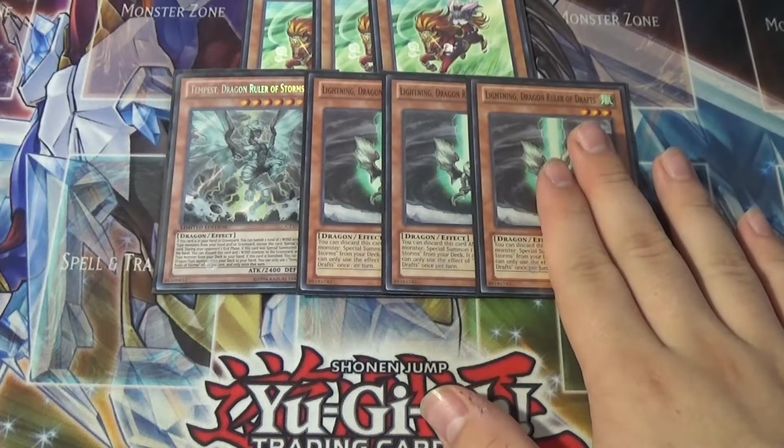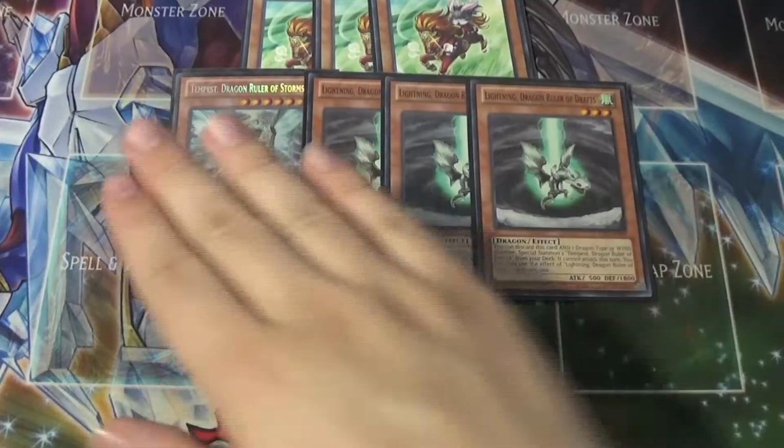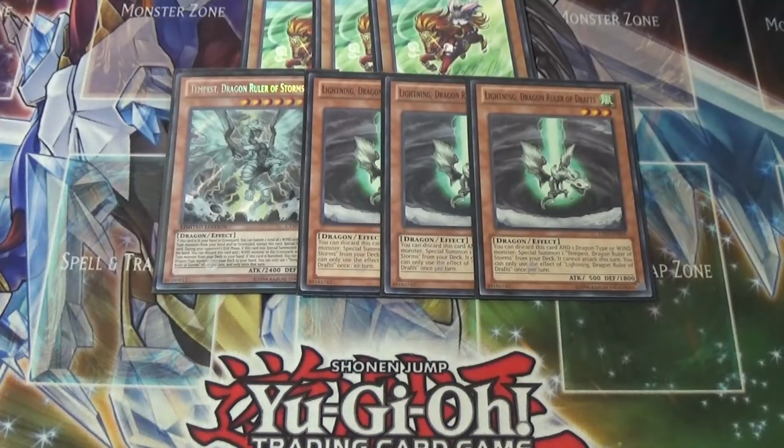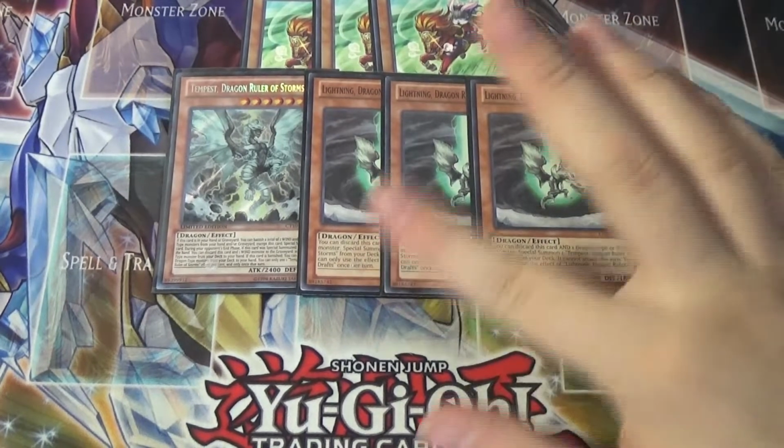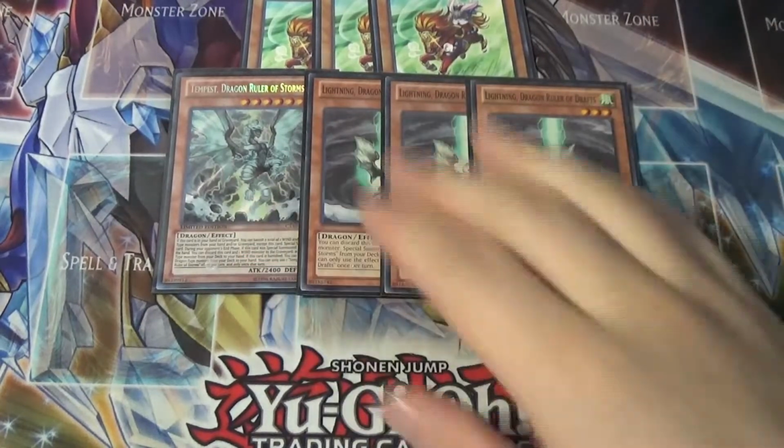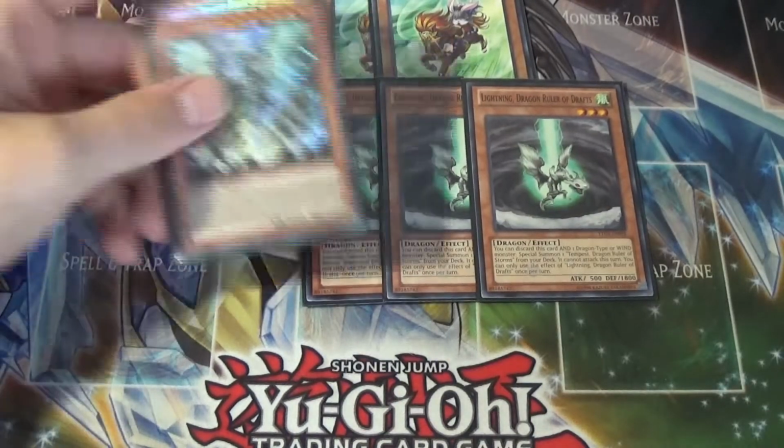This guy summons him straight from the deck, then you can use him as link material, special summon him back to do synchro plays. He is amazing in this deck and is a fantastic addition. I love it. I love this version. So if you don't know what Tempest does,